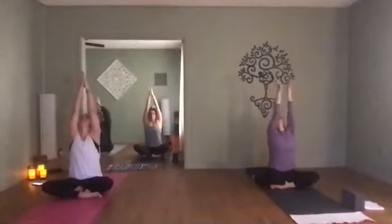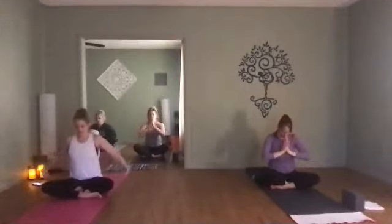On that next inhale, we'll sweep the arms out, around and up, fingertips will kiss. Exhale, thumbs to heart. And again, inhale, sweep the arms up. Exhale, thumbs to heart. Inhale, sweep the arms up. Exhale, thumbs to heart. Taking the arms to a T now, we'll come into an eagle arm, so right arm